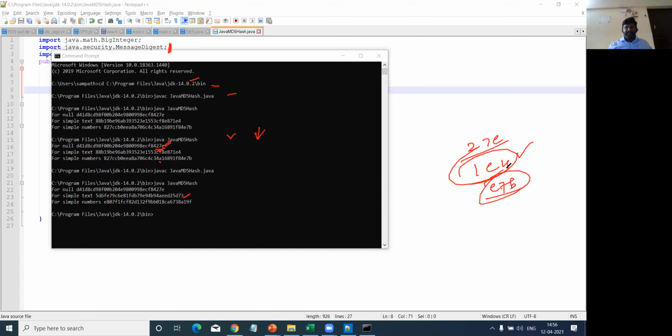Here this e7b was for 12345. After I modified it to 1234567890, this is the output you can see, 19f at the end. So from this we can understand that even if there is a small change in the input value, your hash code will be completely different. You will not get the same output.